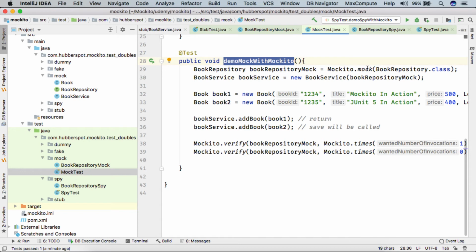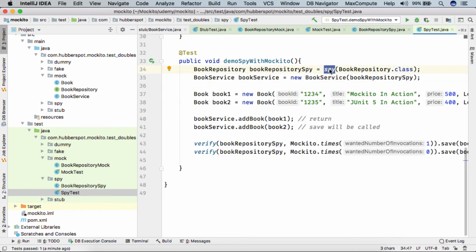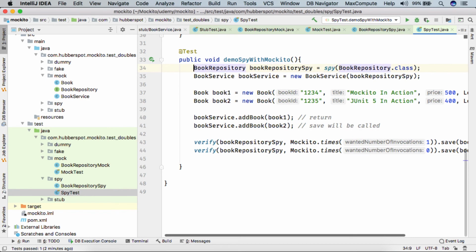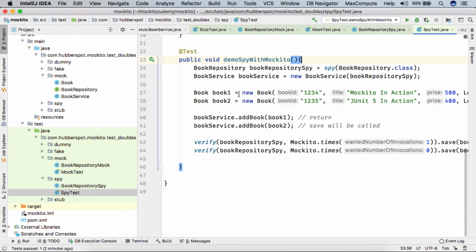Also friends, there is one important difference between mock and spy in terms of the Mockito framework. When we do mockito.mock, we create the mock object for our external dependencies. But when we do mockito.spy, we are not mocking the instance of any particular external dependency. What happens is a spy is created on an actual object. For the time being we'll keep it simple, that is how mockito.spy works, and later there is a complete section where we'll discuss what is the exact difference between mockito.mock and mockito.spy.